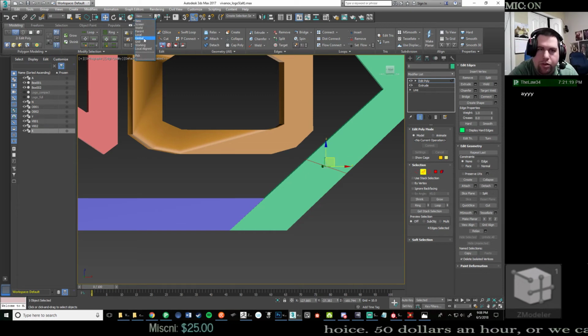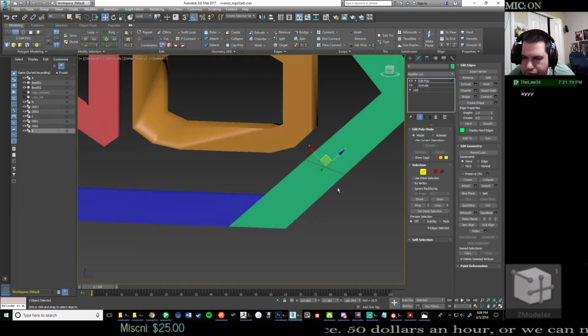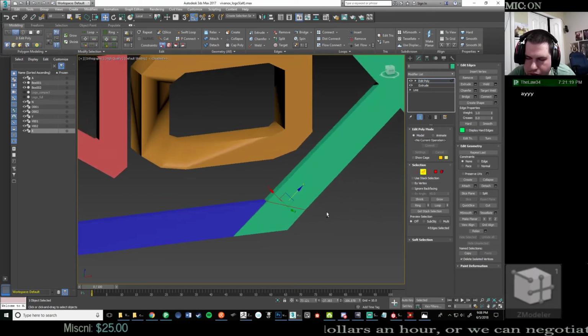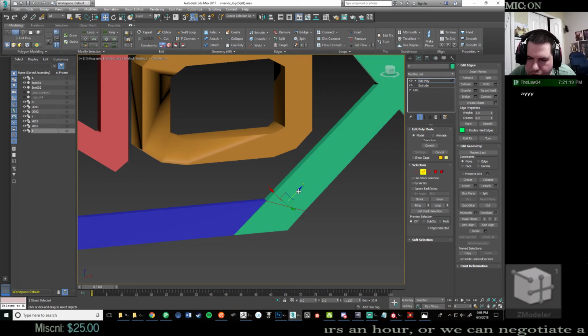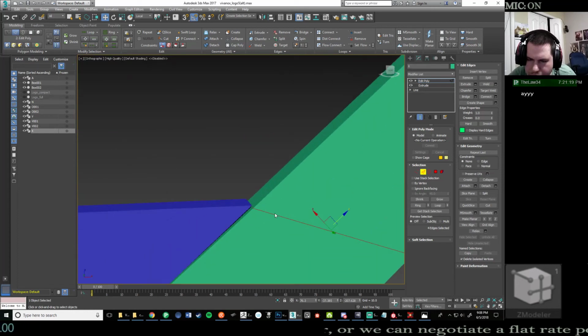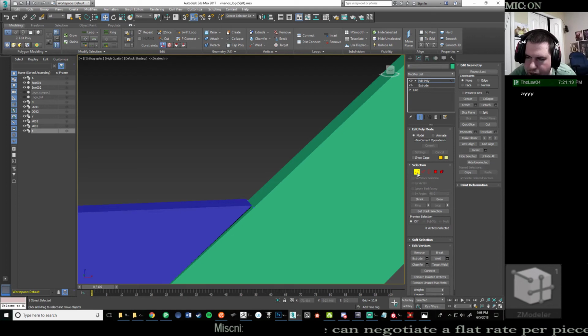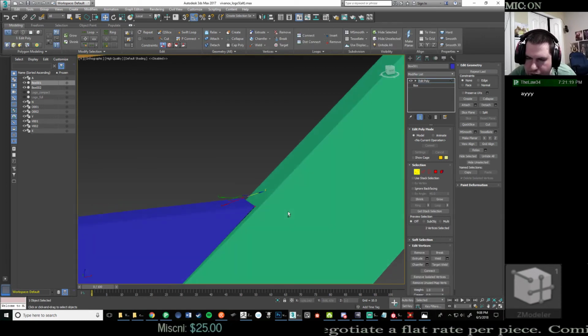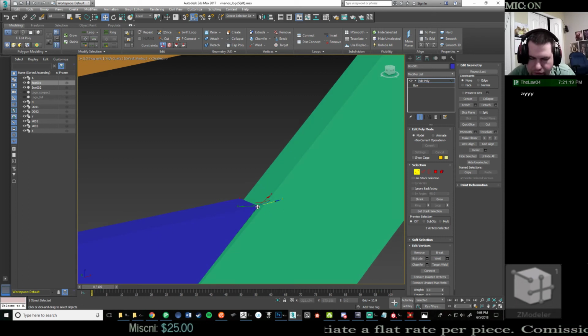I'll change my view to local. What that'll allow me to do is effectively snap these two vertices in line.